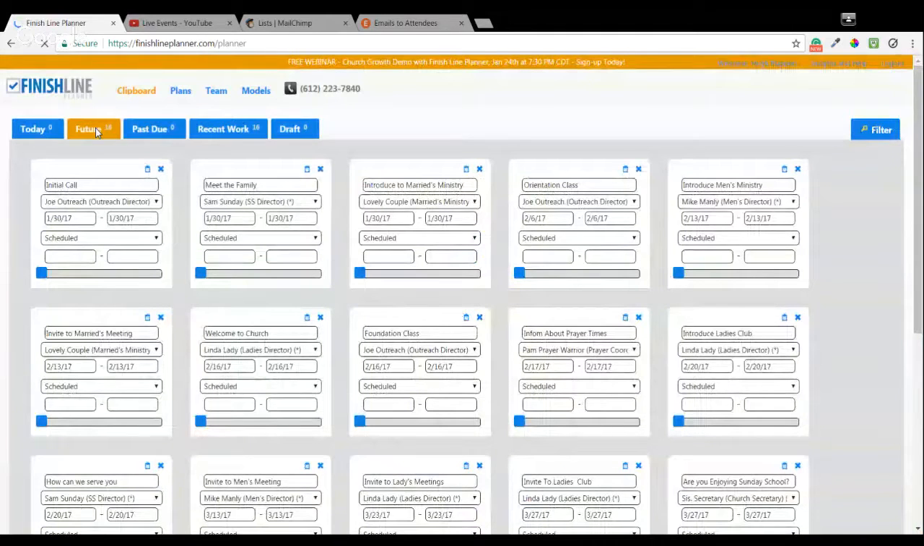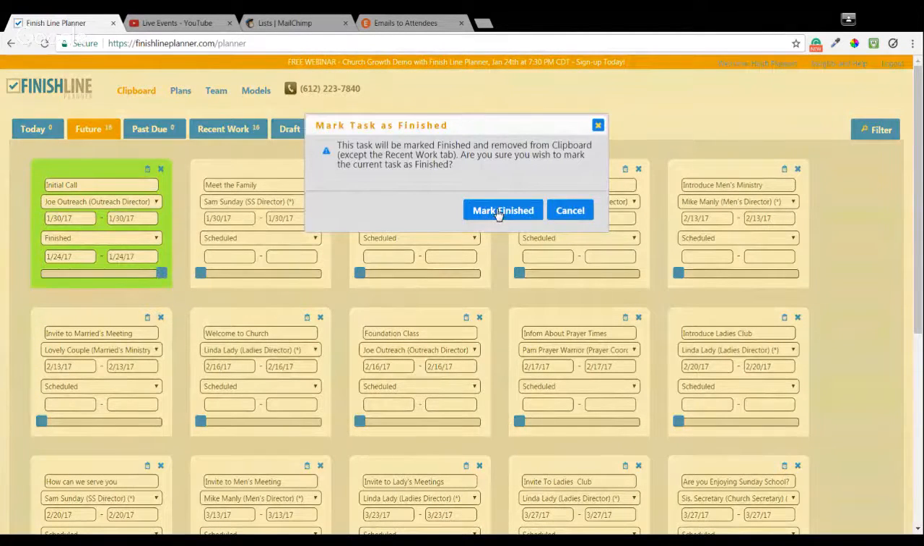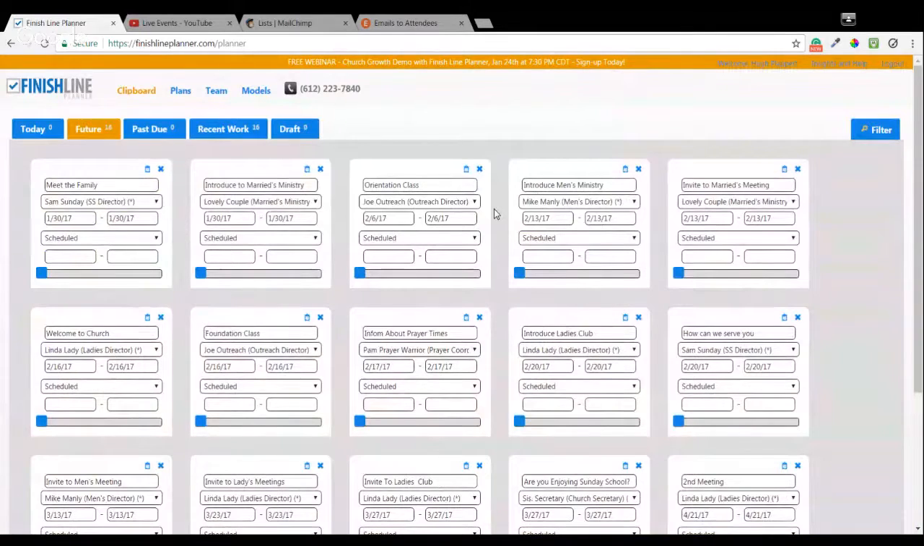And here are the tasks ready to go. So when Joe Outreach does his job, he can show on the status bar progress, 25%, 50%, 75%, or 100%. When it's 100%, he marks it finished. Okay. So notice just in the color coding, as a pastor, you can scan this clipboard and kind of see